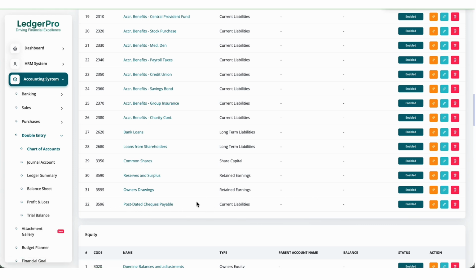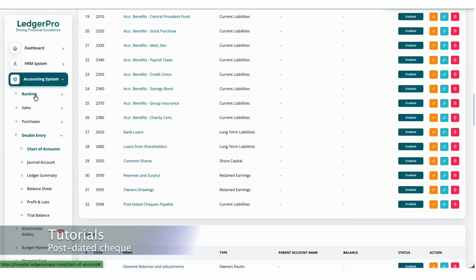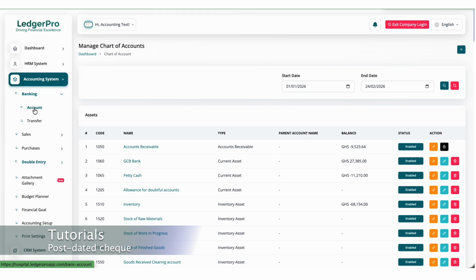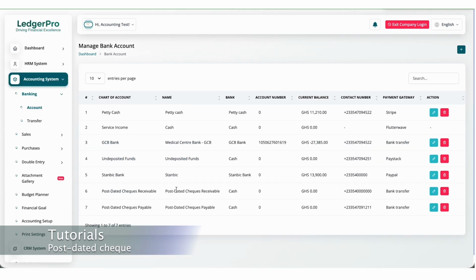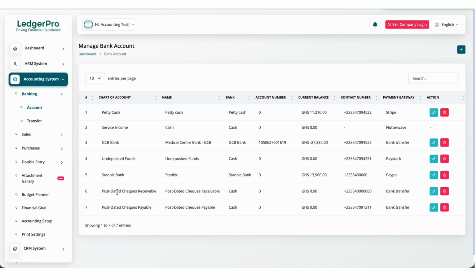Now, after defining the post-dated check receivable and then payable, you move on to banking accounts. And then you define the various accounts that will be holding the post-dated checks for you. Also, if you don't have it already defined, then you can use the plus button at the top here to define your post-dated check payable and receivable accounts. So once you've created or set up the account successfully, we can now move on to